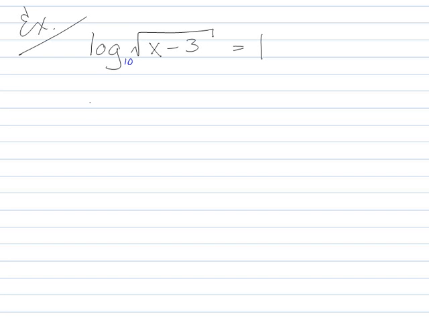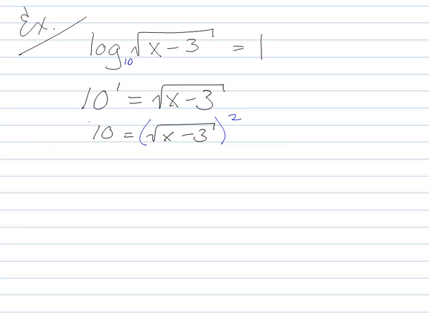Say, all right, let's convert this puppy. So 10 to the 1st is equal to the square root of x minus 3. Square both sides. So we've got 100 equals x minus 3. Add 3 on both sides and get